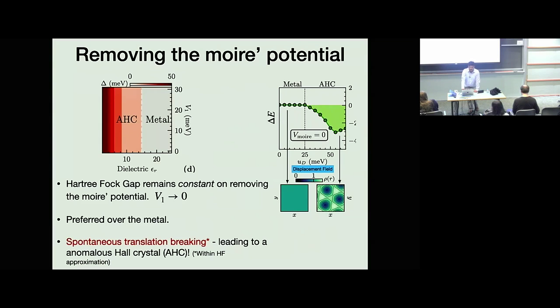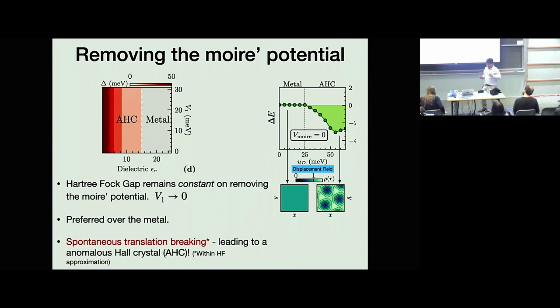Is 5 layers some magic number? No. So I'll show you a phase diagram. You can get it with 4 layers, or you can get it with 6. What changes is the displacement field at which you get it. So if you go to more layers, you need a smaller displacement field. You go to fewer layers, then you need a larger one, which is, you could get it in trilayer perhaps, but the displacement fields you'd be required to apply are not reasonable for experiment. In theory, you could just get bilayer. Bilayer is different, I'd say. Yeah, bilayer is kind of extreme.